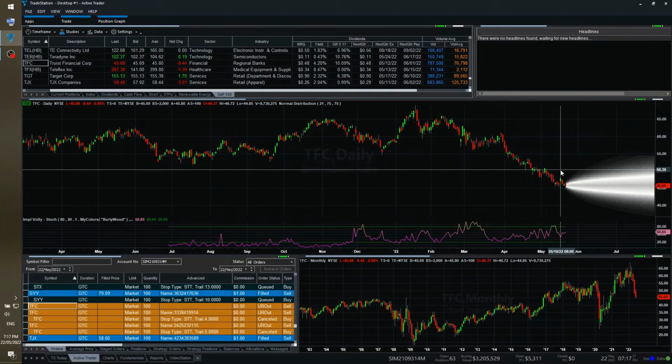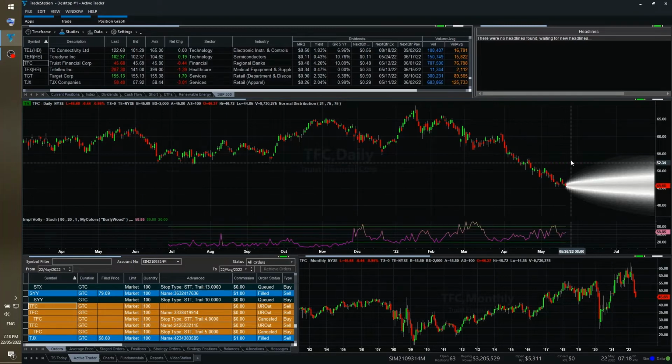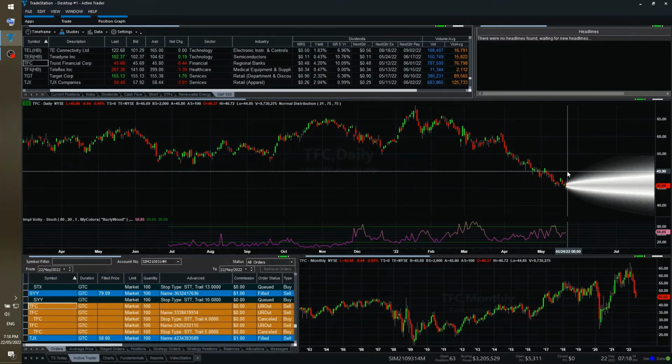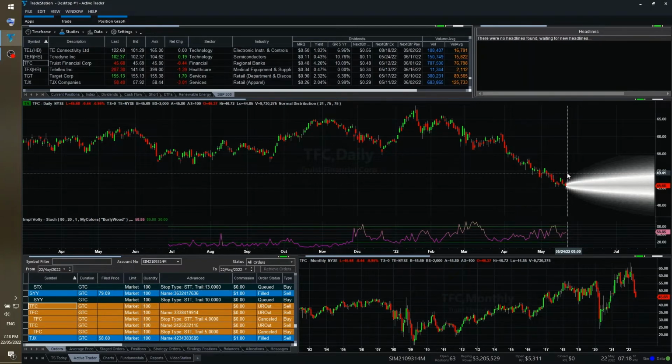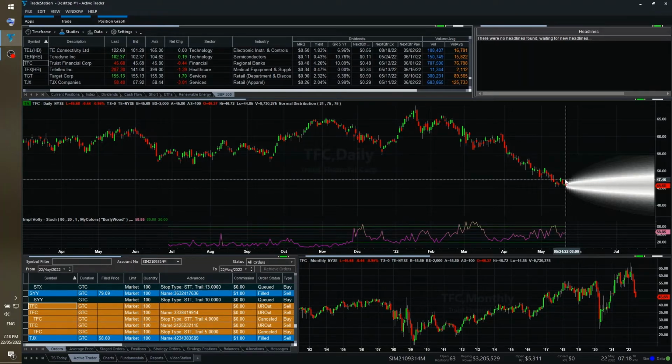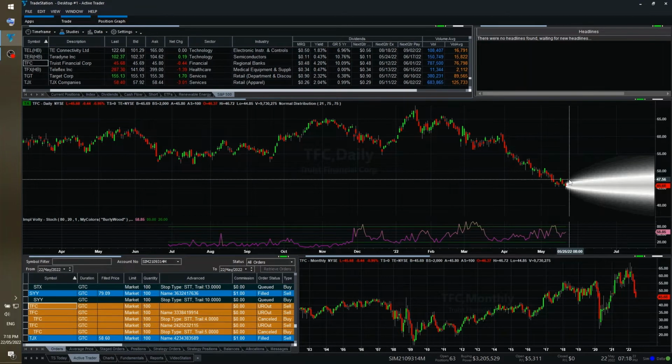So if you set the limit here, and if it goes above the $50, then your maximum loss is $500. But if you set the limit to $49, then your maximum loss is $400. And the difference here is the number that we need to enter